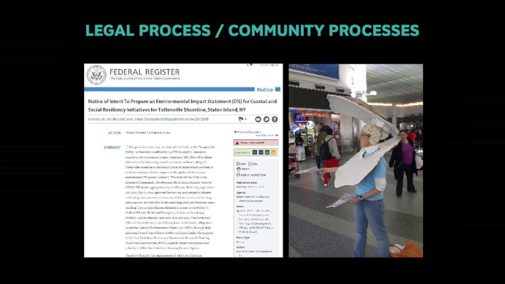On the left, you can see the environmental impact statement and NEPA process, a very rational legal process. And on the right, not an irrational process, but certainly one characterized by a different part of the human brain, one which has to do with inspiration, enthusiasm. These projects truly define the need to couple activist and inspirational community-driven processes with the legal context.